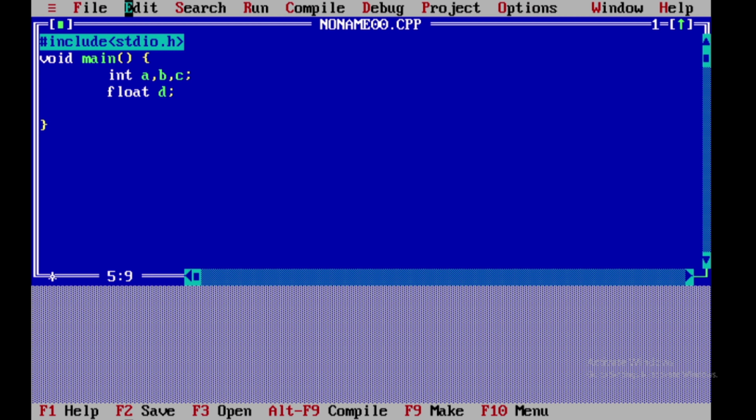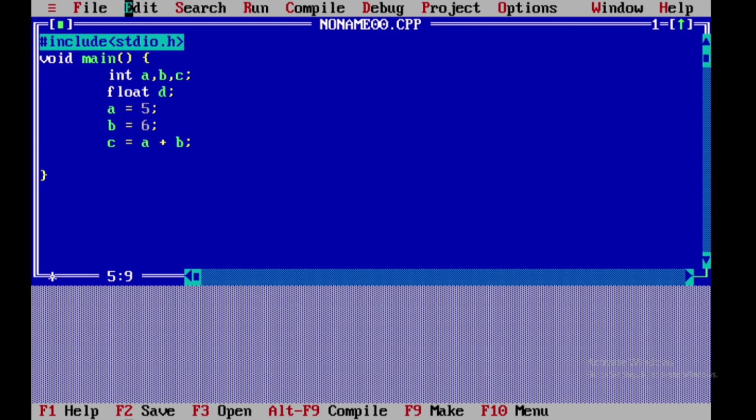So a is equal to 5, b is equal to 6, and c is equal to a plus b, so that is addition.